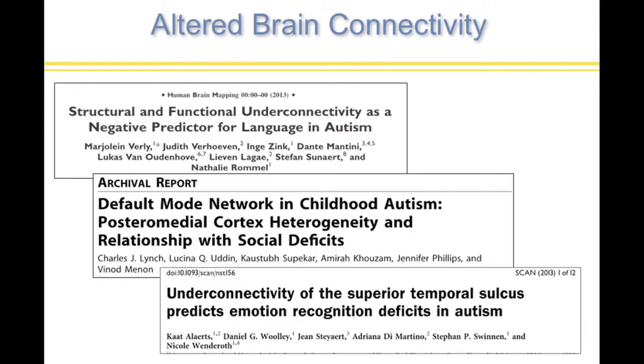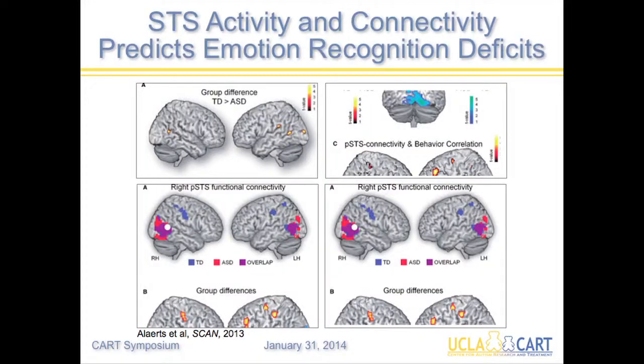Obviously, beauty is in the eye of the beholder, so somebody else may differ, but this is one of my favorite studies because it used both task-related fMRI as well as functional connectivity and related both types of measure, both to each other and also to behavioral patterns. And so what they found was this region in the superior temporal sulcus, which is hopefully,